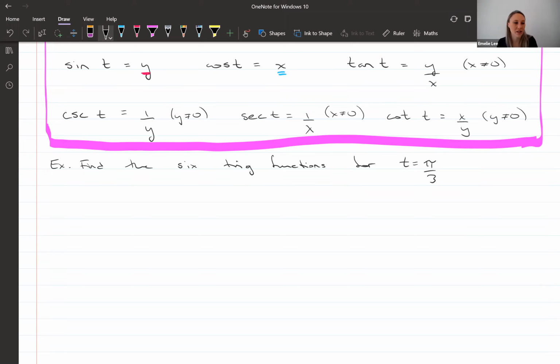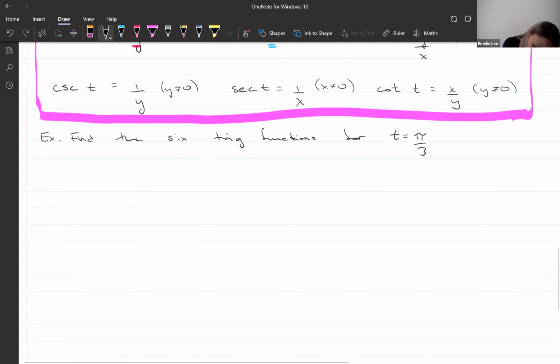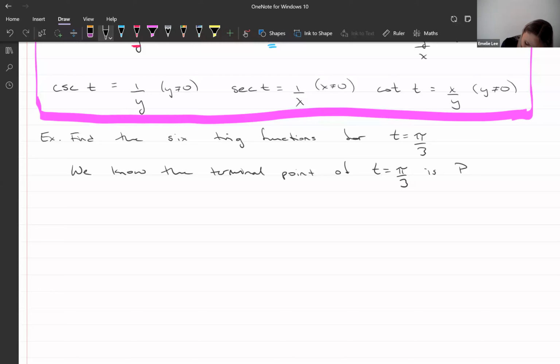What's nice is we already know pi over 3. We've moved pi over 3 in the first quadrant. We know the terminal point of t equals pi over 3 is,